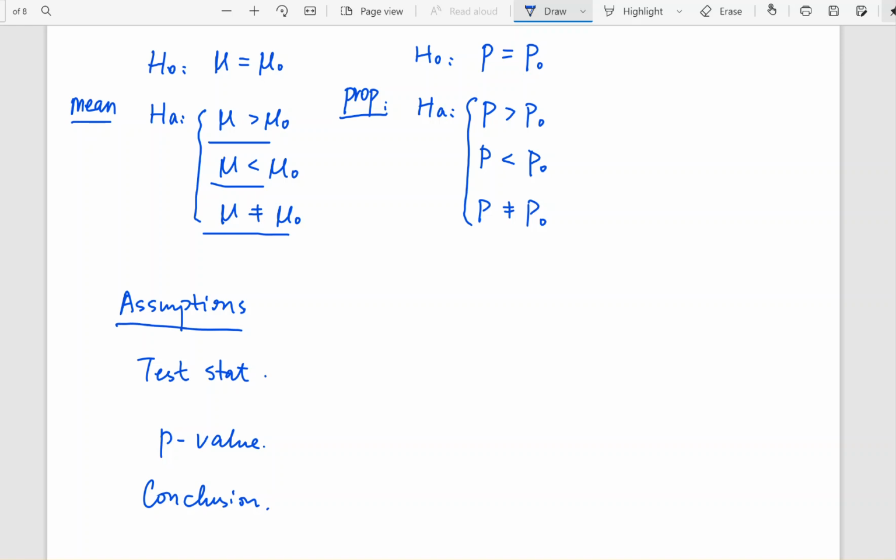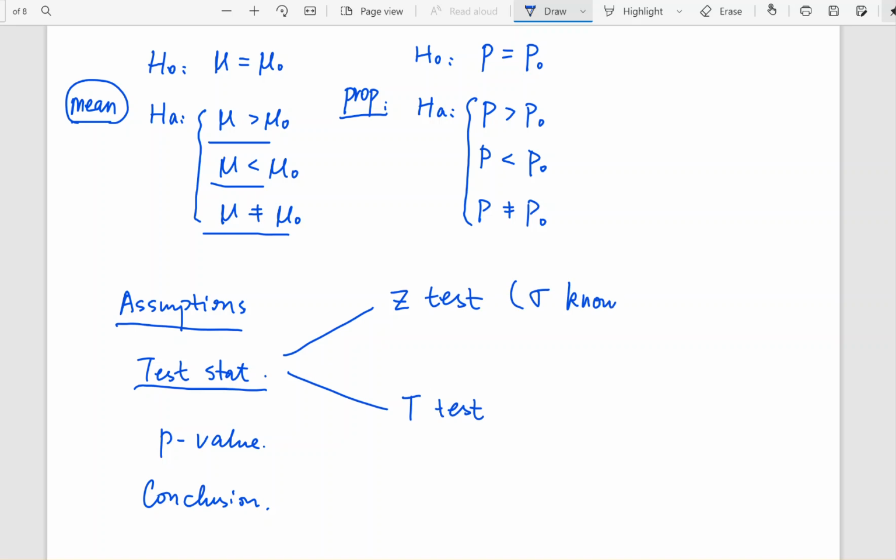When we test about the mean, we have 2 directions: we either have the z-test or the t-test, depending on whether the population standard deviation is given or not given,